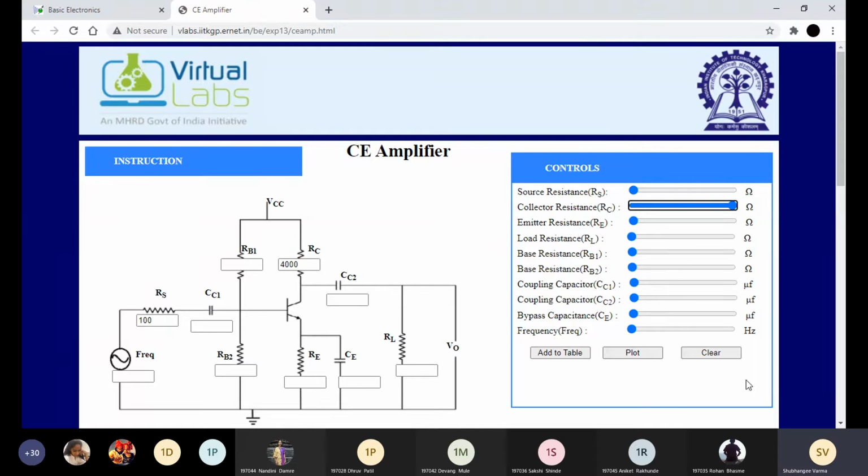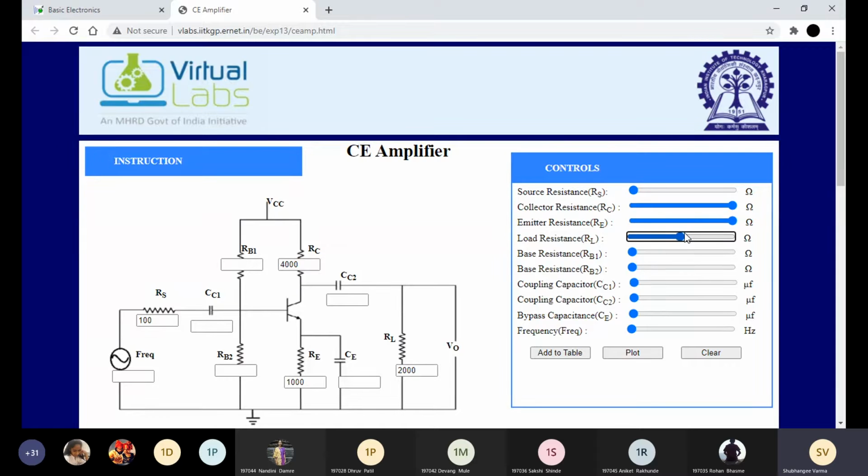Then we are going to select the emitter resistance 1 kilo ohm, and RL we are going to set to 2K. You can see over here, RL is 2K, that is 2000 ohm.